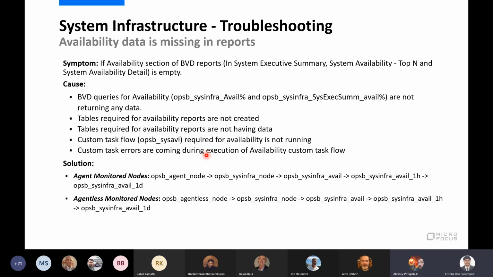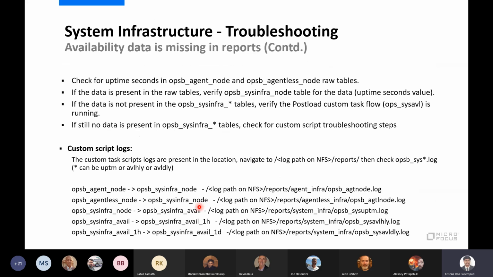All these things we will check. This is the flow as I mentioned earlier. We'll go to the node, and we'll go to the sysinfra node and infra availability on 1H 1D. This is for agent data, where you don't see the availability for agent data, and agentless data monitoring nodes you haven't seen. Similarly, I have explained the same thing in the flow.